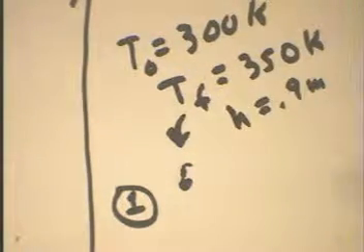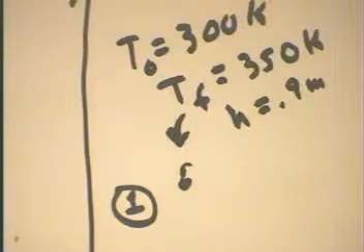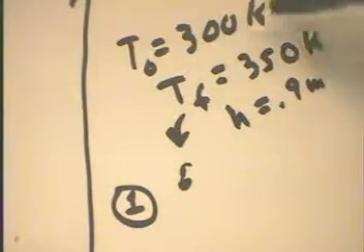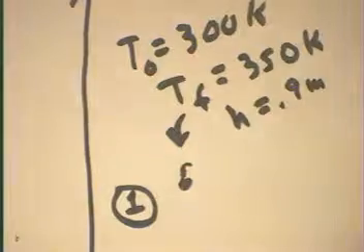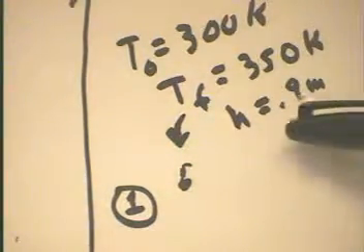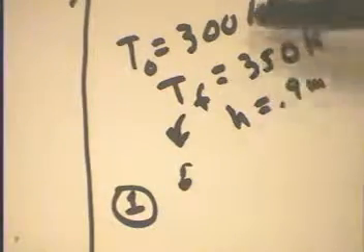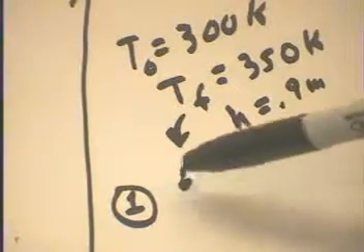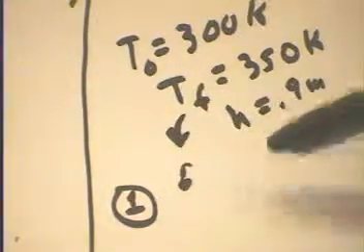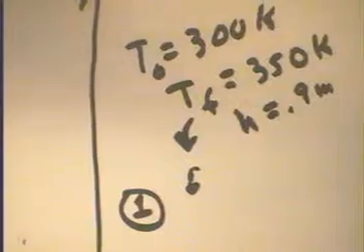This is starting at a temperature of 300 Kelvin, going up to final temperature of 350 Kelvin, and a height of 0.9 meters. Now actually we did a little better than that. We went up over 350 Kelvin with some of our experiments. But to get the height of 0.9 meters, we have to increase the temperature to around 330 Kelvin, which only leaves us 20 Kelvin to increase along our constant volume, our constant pressure part of the curve. Let's see what the details